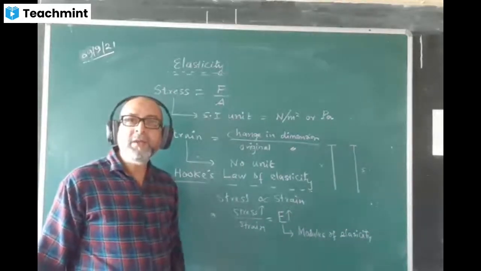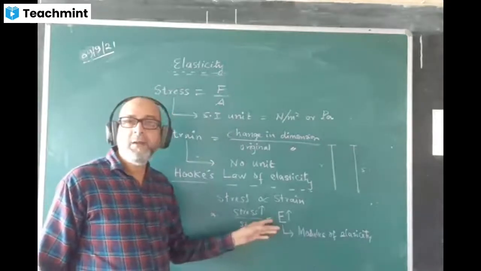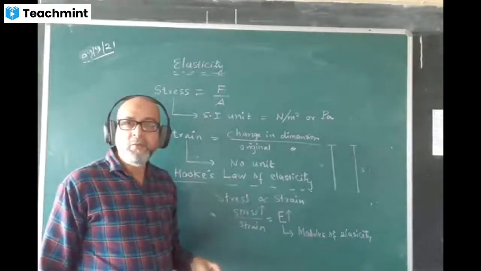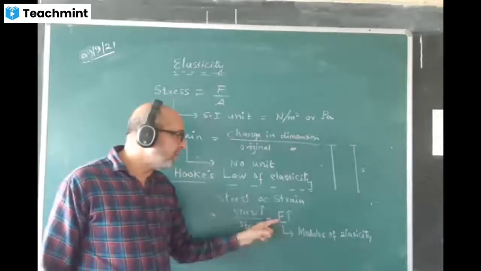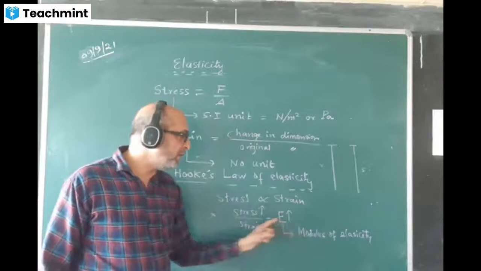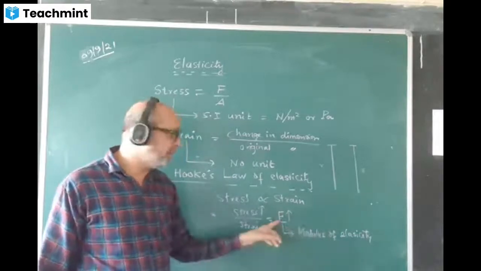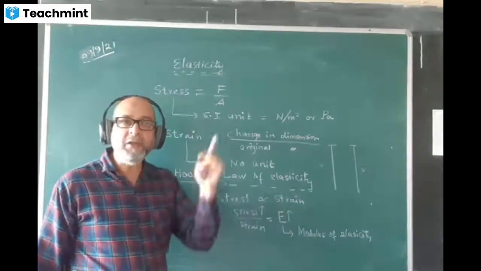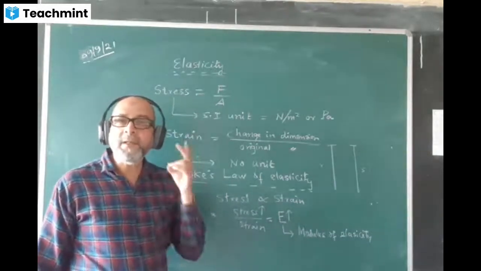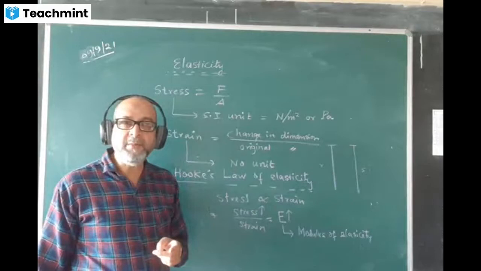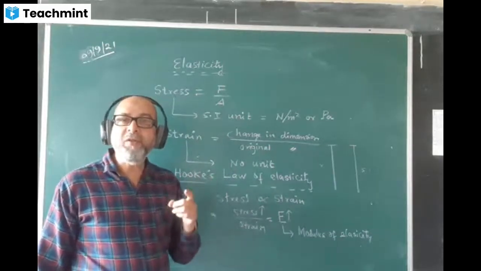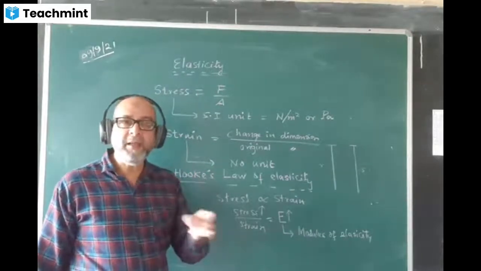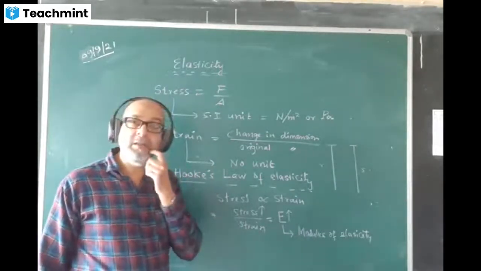Understood? I think today we can do this much. Tomorrow, I think the theory part of this chapter will be over because this is a short chapter. Tomorrow I will be talking about the types of modulus of elasticity. There are 3 types. One is called Young's modulus, denoted by Y. Another is called bulk modulus, denoted by K. And the next one is called modulus of rigidity, denoted by N. Y, K, N. I'll discuss that tomorrow.